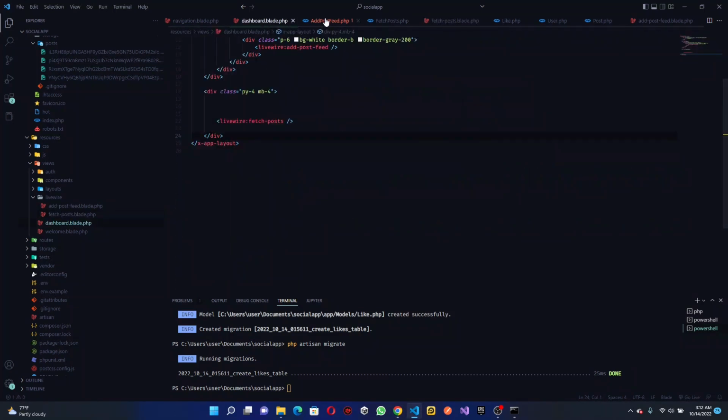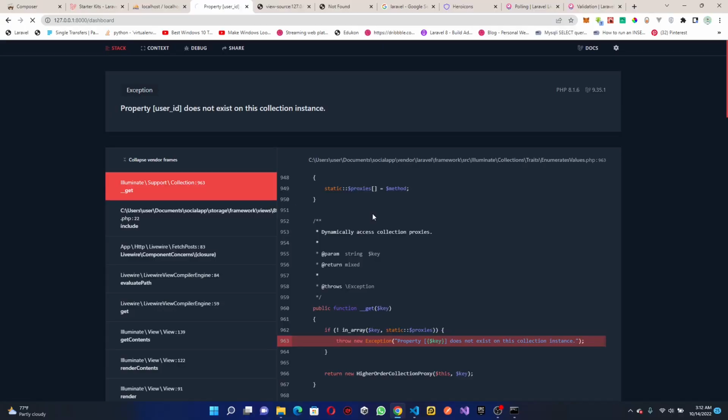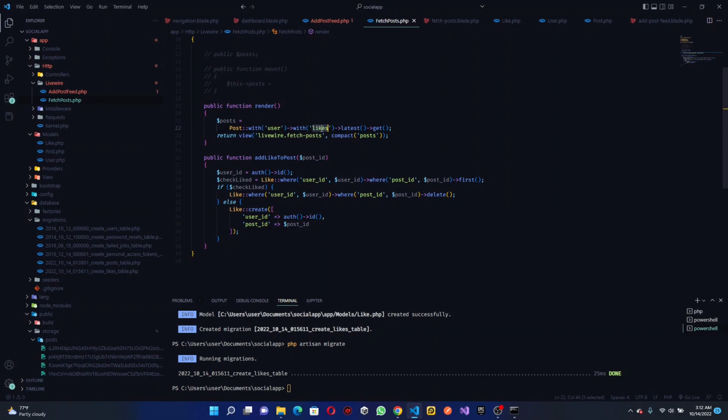Okay, I think we can go ahead and fetch posts where we have width. We can go ahead and specify another width again: likes. We should refresh this. So we have this, okay, so we have these likes here. Alright, so